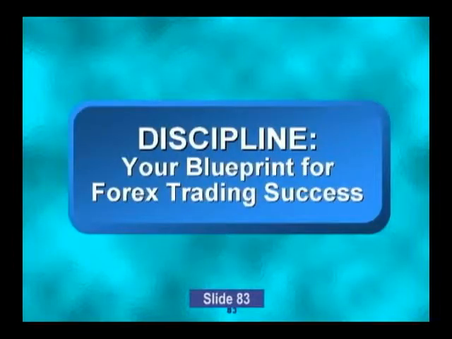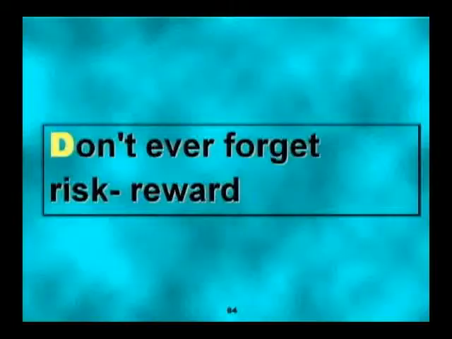And what we're going to look at now is the disciplined approach. It's really a blueprint for what I call trading success. So we're going to go through the anagram discipline, the D, the I, the S. They won't be in order, though. So as you look at them, don't think they're going to be in spelling order. And the first one happens to be a D. We're going to do a D. Don't ever forget the risk-reward of a trade.